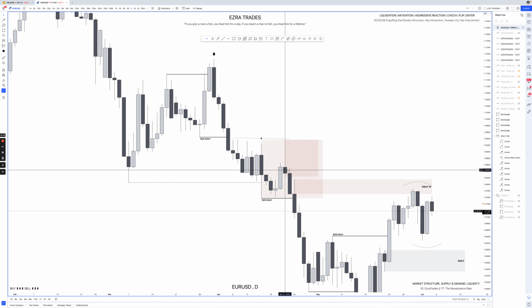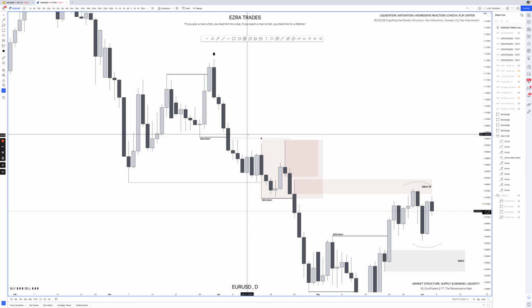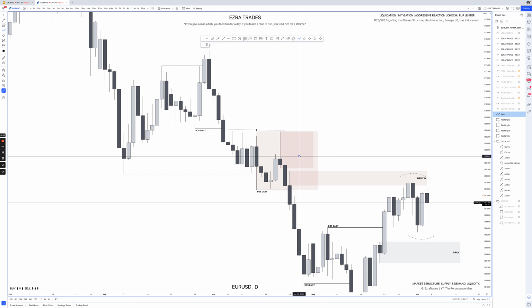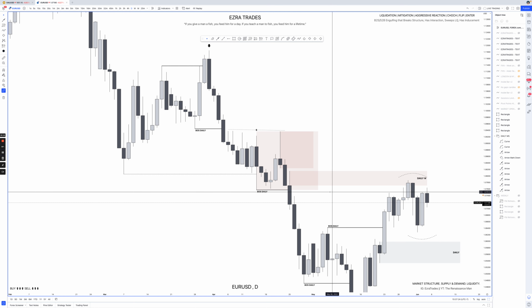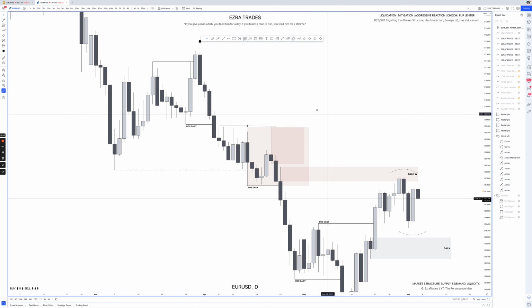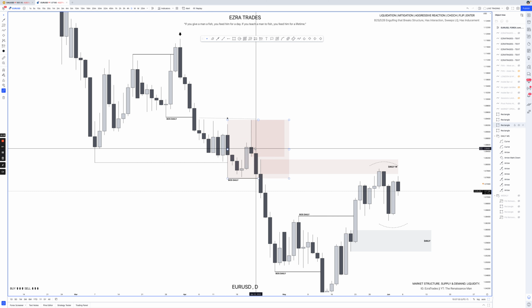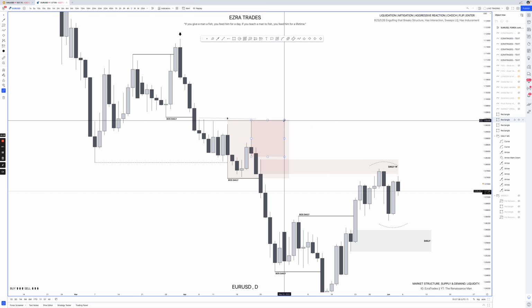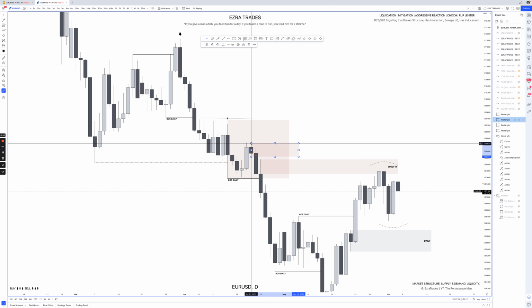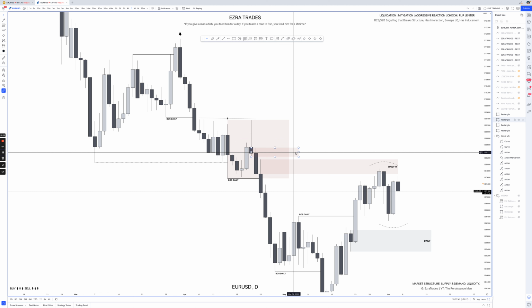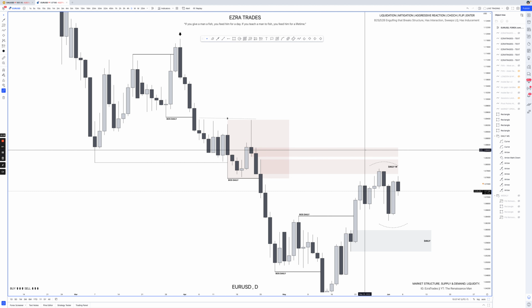When I see something like this, a long wick that sweeps liquidity, well, first of all, we have resting liquidity above. So I could see highly likely that price could come up and sweep that and take that out, right? So at this moment, what I'm seeing in this zone here is that we also have this area that specifically was buy to sell engulfing. So what I could do is narrow something like this and say, well, if price comes into here,